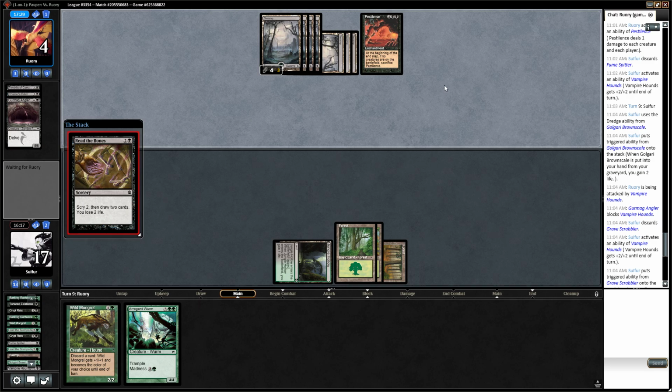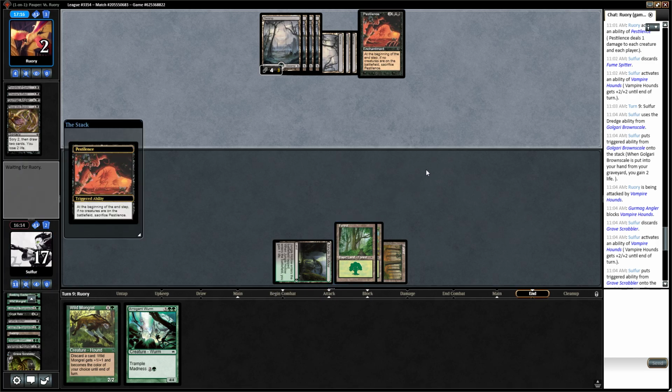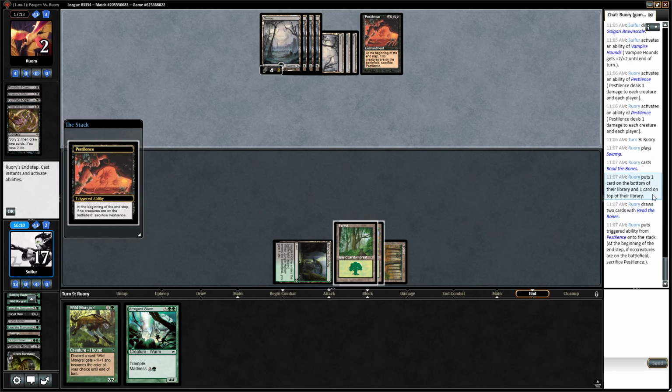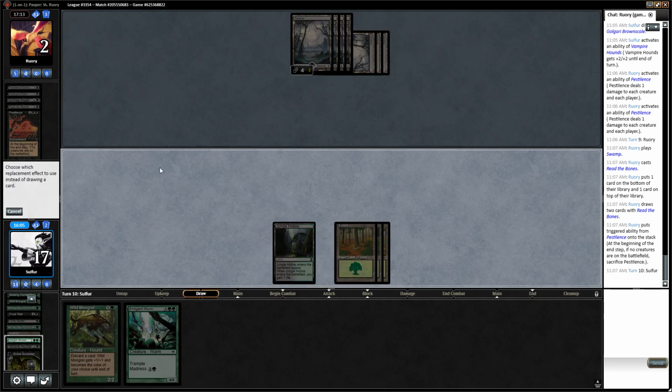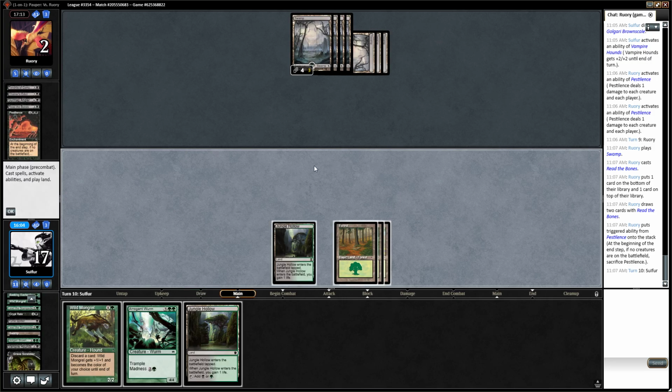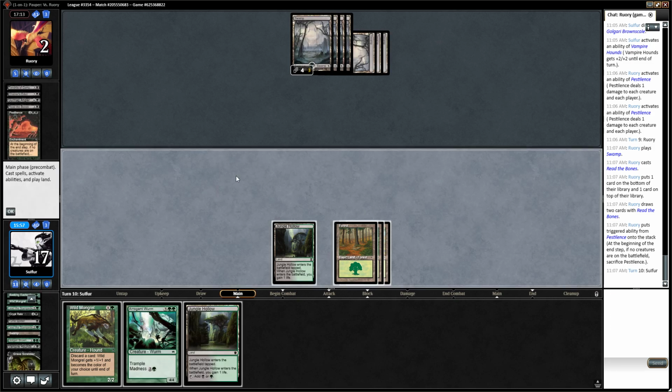Oh, I'd really love a Carrion Feeder right now. Wow, that Lead the Stampede, though. What did he do with that? One on bottom, one on top. We are... Don't think we're going to dredge. Jungle Hollow. Okay. That's too bad because...